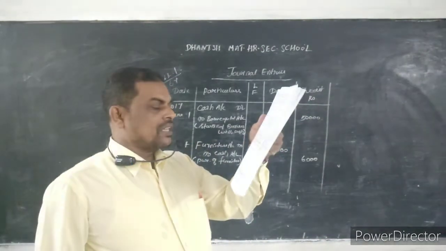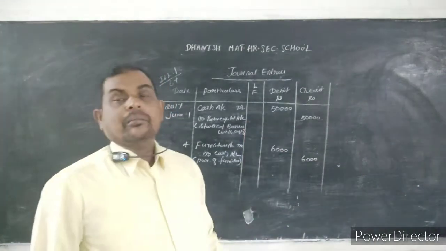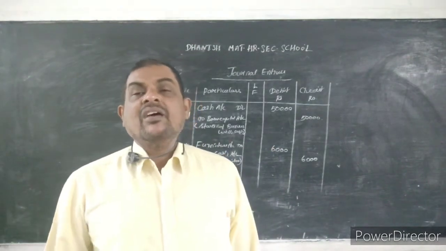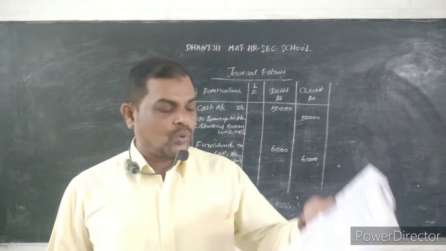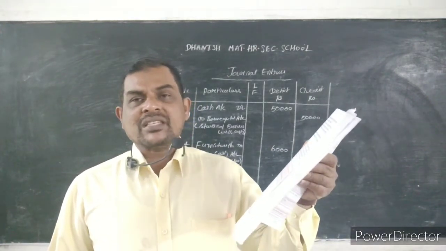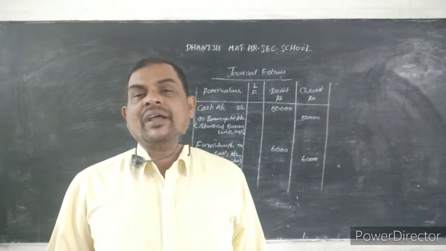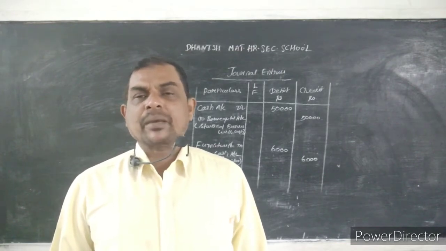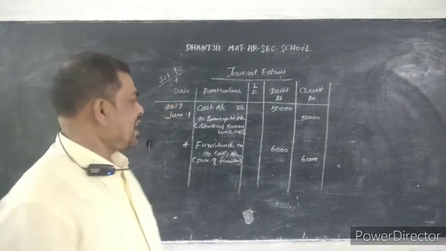Date 7. Purchased machinery on credit from Harish. Machinery is an asset. Whenever an asset comes, definitely it will come in the debit side as per the real account rule. So machinery account debtor. But when you purchased the machinery, you did not pay the amount, so it will be a credit entry. When the amount is not paid, the name of the person will come. Who is the person here? Harish. So machinery account debtor to Harish account.